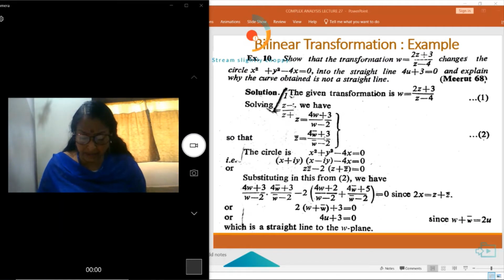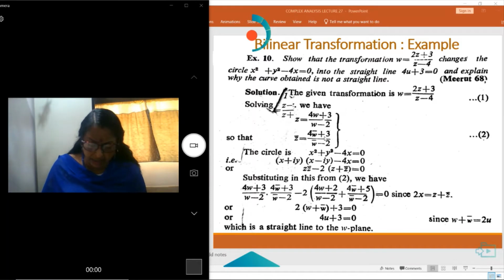So W is given. From this, find the value of Z, and then also find Z bar. After calculating Z and Z bar, now take the equation of the circle x square plus y square minus 4x equal to 0. In place of x and y, we write x plus iy, x minus iy, minus 4x is equal to 0. X square plus y square can be written as x plus iy into x minus iy. So after changing them in z, we can write it as z into z bar minus 2 times z plus z bar is equal to 0. So substituting these values, we get